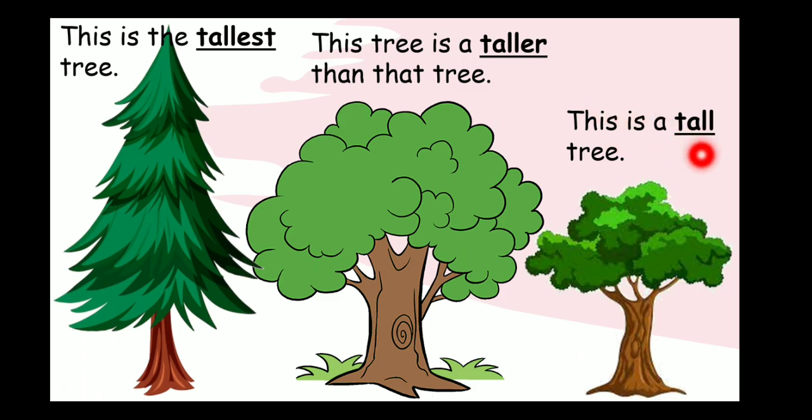So this kind of adjective you have seen on the previous slide. But this is an adjective that we use to compare two things. That this tree is taller than that tree, and usually we use than with it. And for the one that is the tallest amongst all of these three, we use the superlative degree, tallest, and before the superlative degree we will always have the.